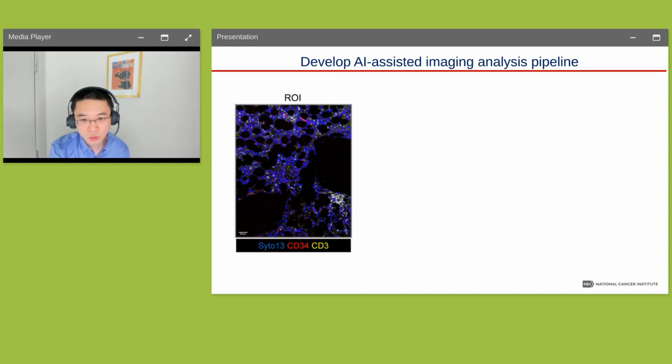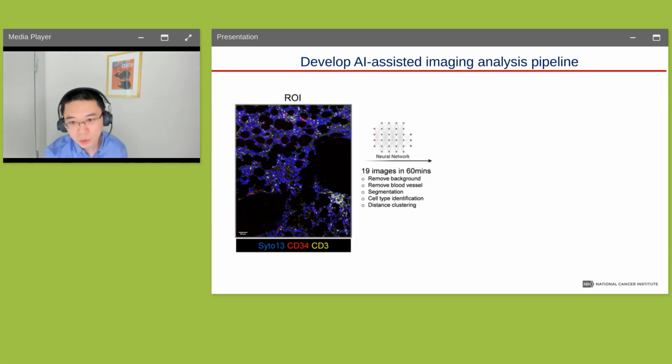This is just a zoom-in of the ROIs we selected. You can see the blue nuclei, CD34 leukemia cells, and the CD3, those yellow, those T cells. Some of you may notice there are these big streaks of red signal. Those are the blood vessels. In the bone marrow, the blood vessels are also positive for CD34. So this gives us a very challenging